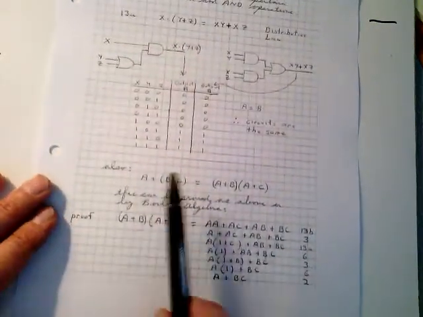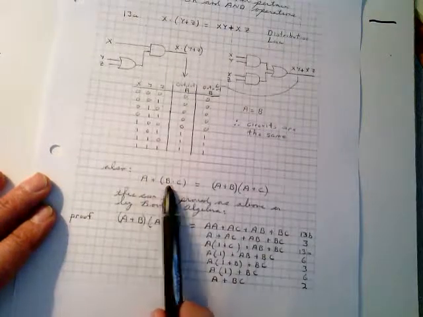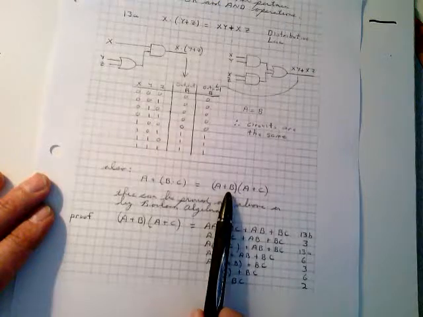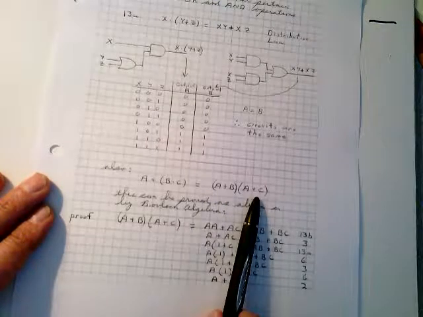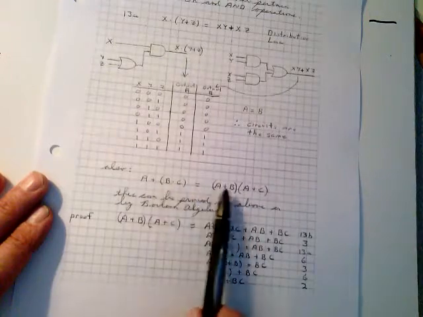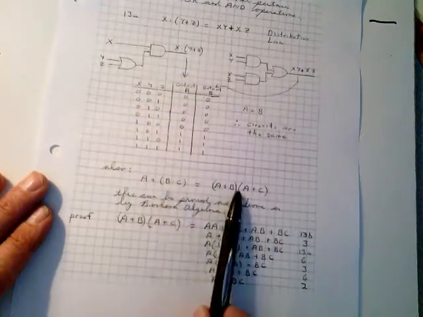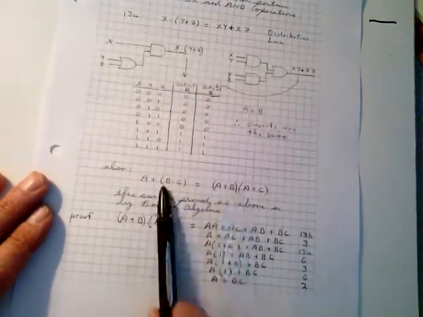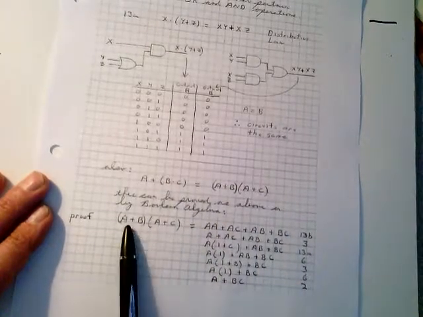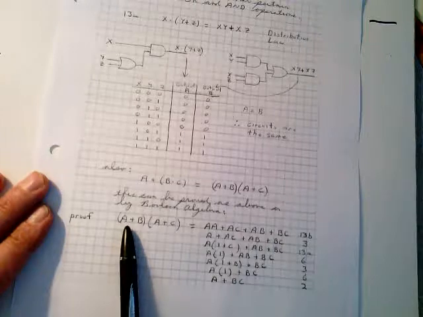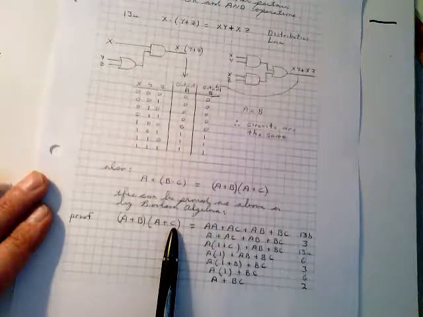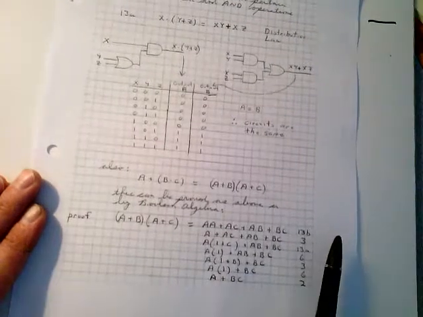Also, if you look down here, we have A or B and C is the same thing as A or B and A or C. Now, this right here is a break from regular algebra. This is Boolean algebra. This isn't true in regular algebra. But if you take a look here, the proof is, here is A or B and A or C. And if you take a look at page number 40,